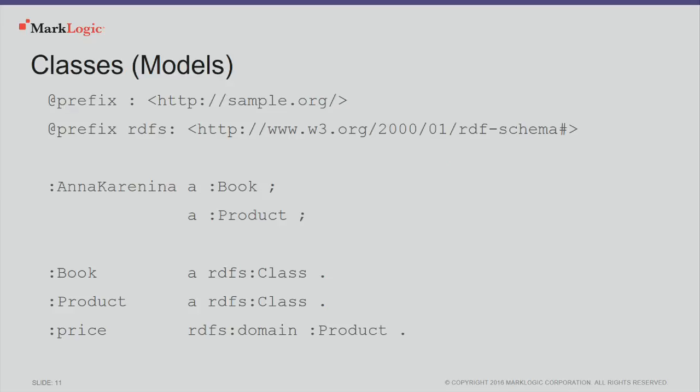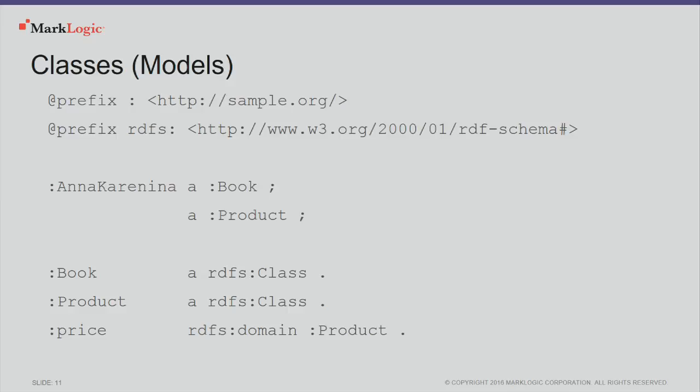It's all still just triples. You can see Anna Karenina is a book. It might also be a product if I'm a bookseller. And I can make all kinds of assertions about identity like this, where I'm giving objects types. And you'll see further down here that a book is a class. So if I specify that something is a class, I'm not talking about an individual anymore, but rather a class